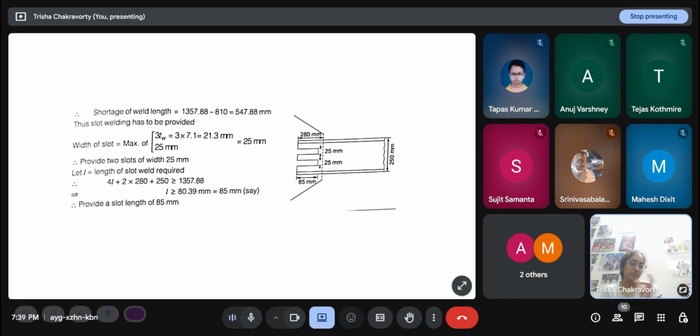We generally round it up to a 5 or a 10 round figure. Even if it is 80.39, you have to keep in mind that this is not the usual mathematical rounding. 80.39 in mathematics, we will round it down to 80 millimeter, but in civil engineering, in design, you always have to round it up on the safer side. So if the length required is more than 80, I have to give it more than 80, so I make it 85, 90, something like that. So I'm going to provide a slot length of 85. So now I have 280 here, 280 here, 85, 85, 85, 85. I have 4 into 85, and this 250 is here because this plus this plus this plus this plus this, the entire thing will come up to 250.